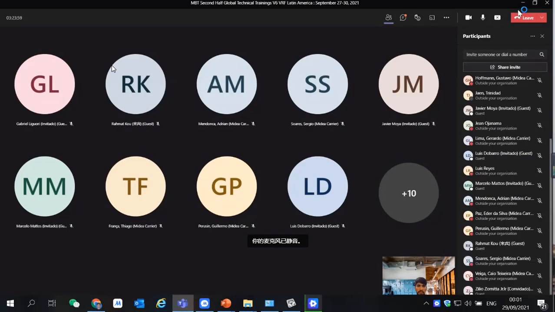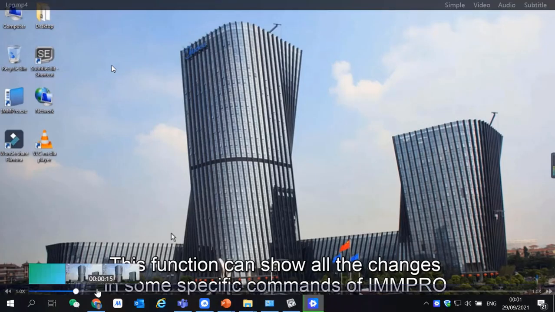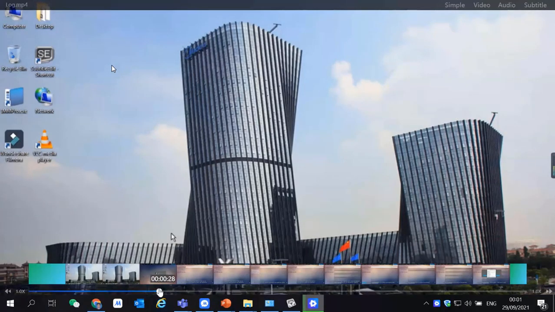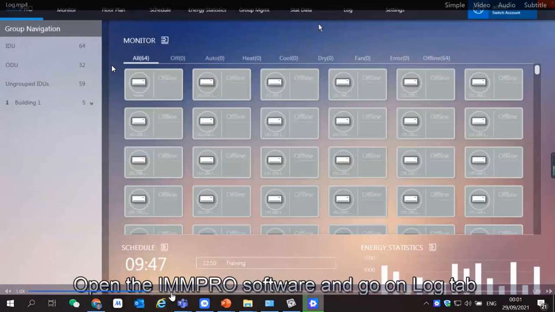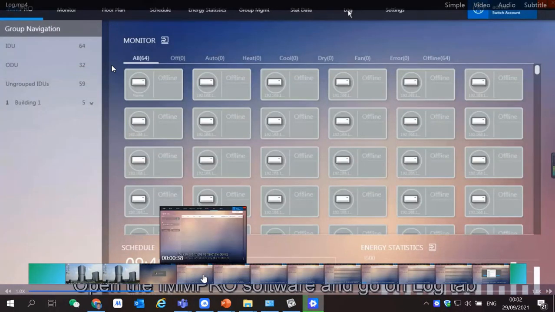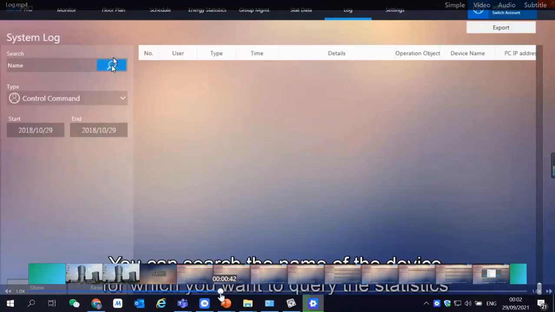Okay, so let me go to the log function directly. Inside the log function, I click on log. Four options are available: the control command, schedule command, or on/off command. Which kind of commands have been executed through this function? So we can see here